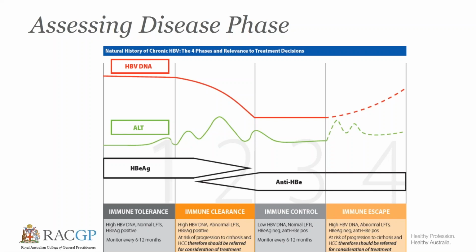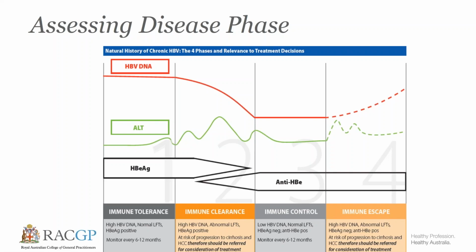But if you, for example, diagnose someone in immune control phase, they might be at very low risk of transmission then. But if it's been their sexual partner for the past 5 years, maybe they had a higher DNA level earlier. So, yeah, we don't really use the current DNA level or immune phase to look at what kind of contact